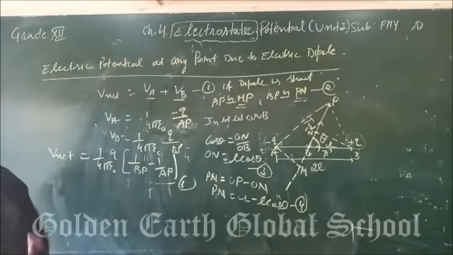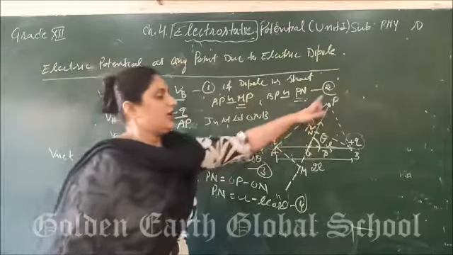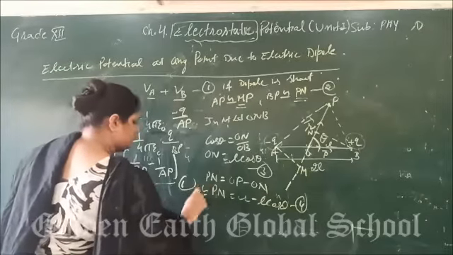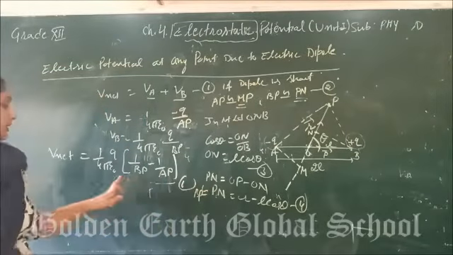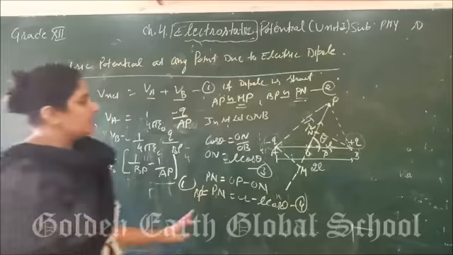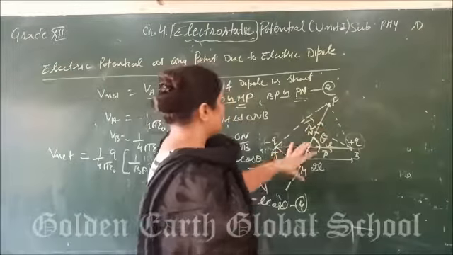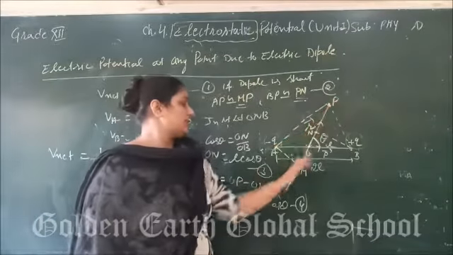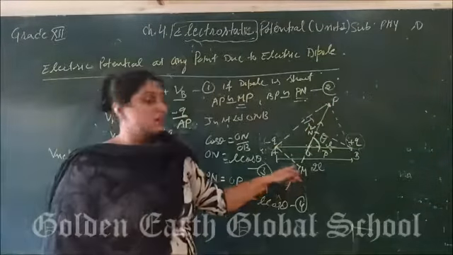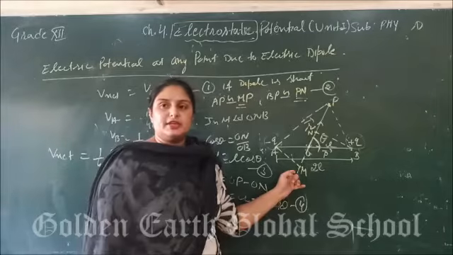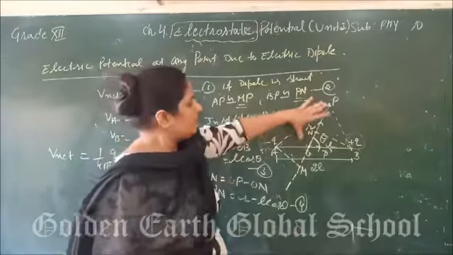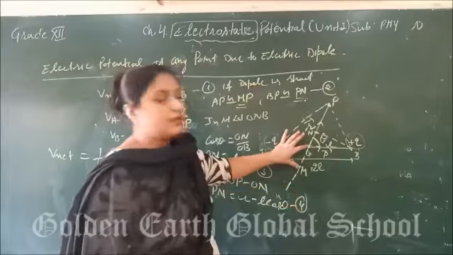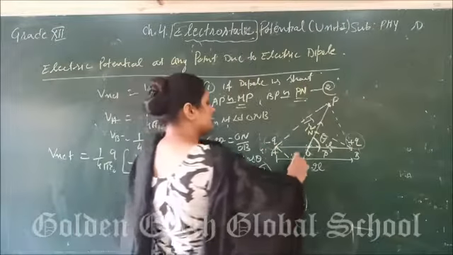Now the same procedure we are going to apply for AP. Now this is approximately equal to BP, meaning our first task is complete. We have calculated BP. Next we have to calculate AP. AP we have to find. Now AP is approximately equal to PM. So we are going to calculate basically PM. To calculate PM, OP is known, that is equal to R, and OM is unknown. Again, this is perpendicular.